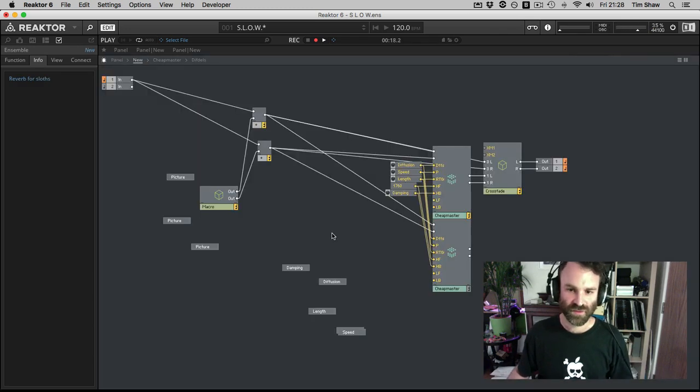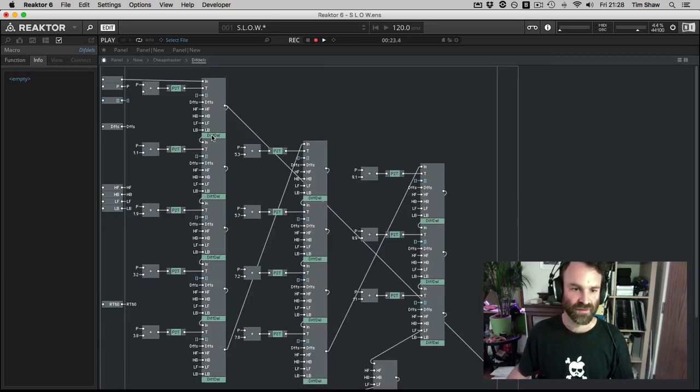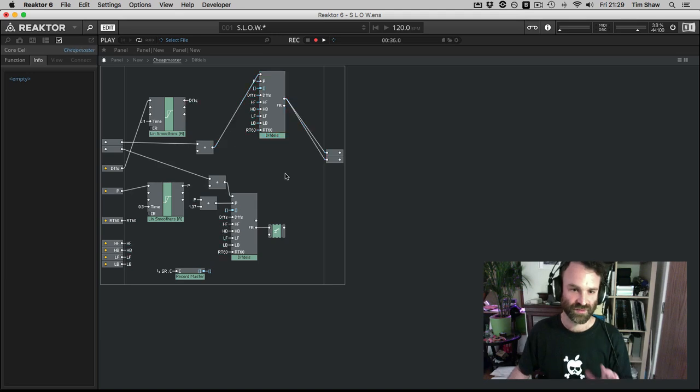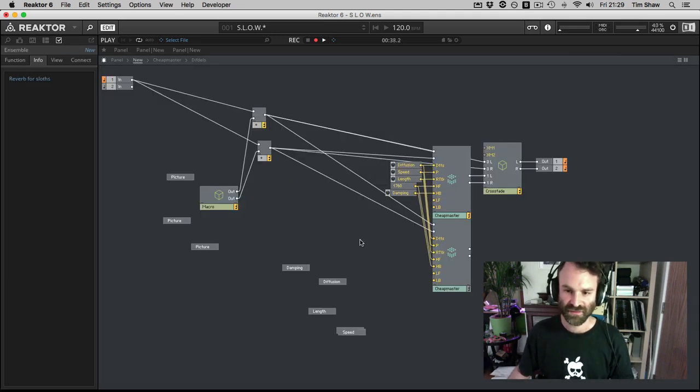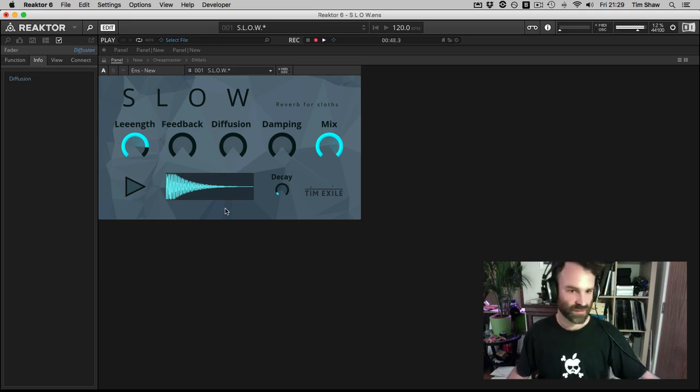So I've also here, beside here, very quickly hacked together a single diffuser delay module. So instead of going through all of these diffuser delays, I'm just using the first one here, and that's going straight to the output. So you can hear just one single diffuser delay. So I'll plug that into the outputs and take the diffusion down, and you just hear one single impulse. That's all you hear. And as you turn the diffusion up,